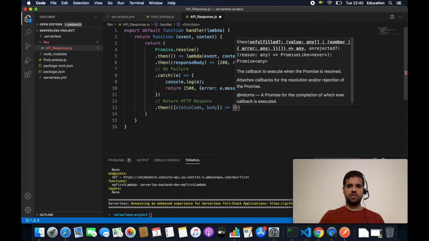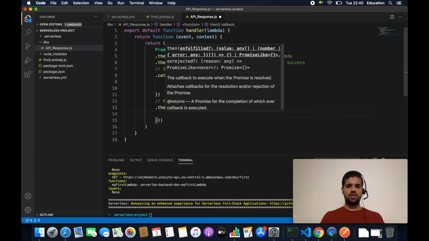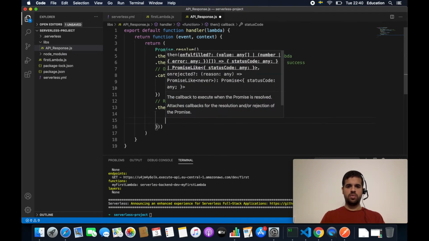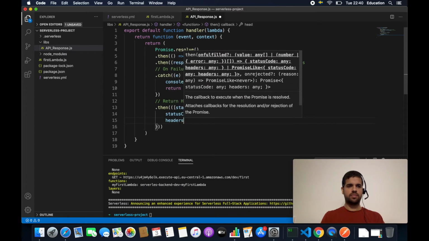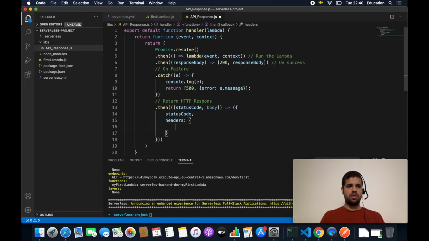And let's have an object with the status code, and then we will have the headers. In this case, we will have as header Access-Control-Allow-Origin,